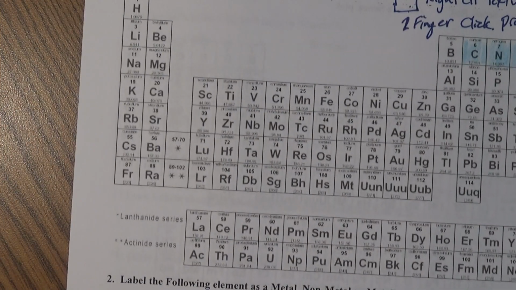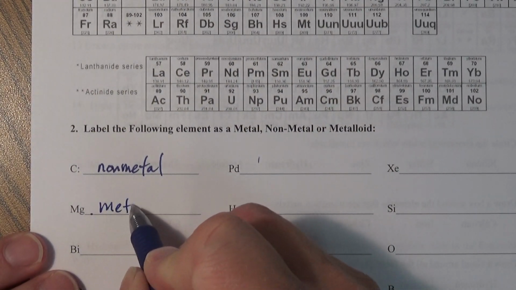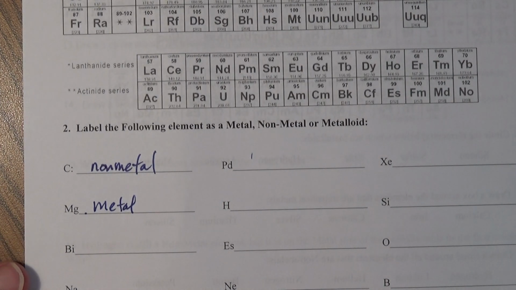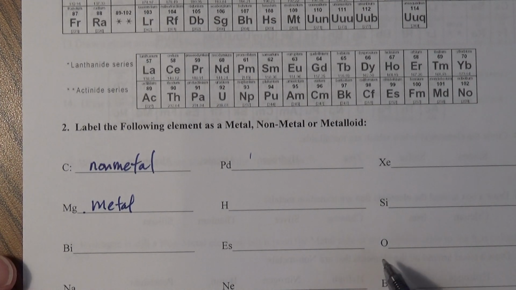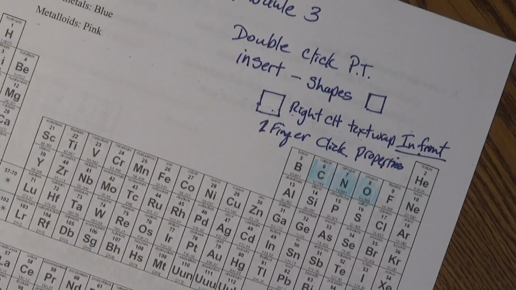Magnesium is the next one down. Go and find that. You'll find that's on the metal side. So you'd write down that that is a metal. You get the idea. And if it's a metalloid, you write down metalloid. But all you've got to do is look up and find out whether it's a metal, non-metal, or a metalloid. Going on to the next page,